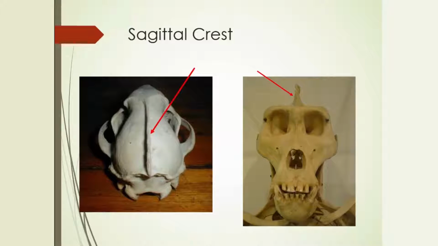So again, we're just going to use Australopithecus boisei as an example. If you're looking at the vault or the brain case of Australopithecus boisei, a sagittal crest is just a ridge of bone that's located superiorly on the skull, a raised area of bone that protrudes off the superior portion of the skull. Again, this is something that's related to muscles of mastication.